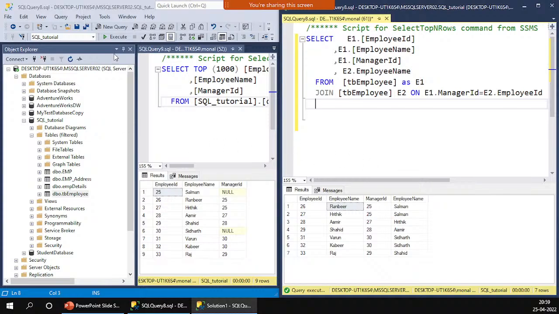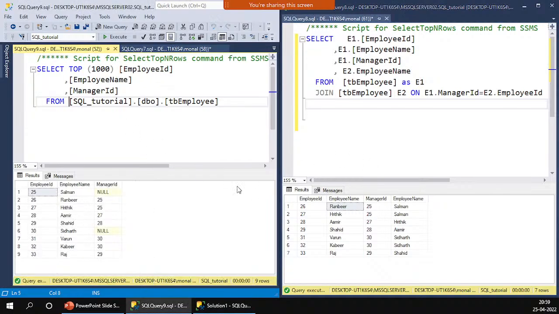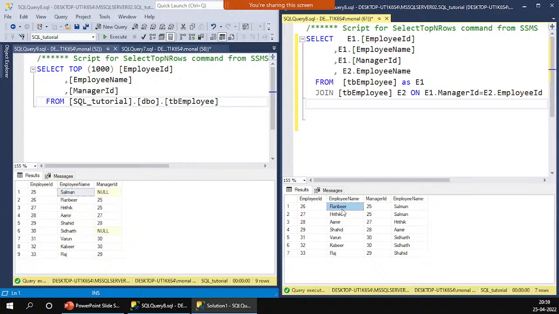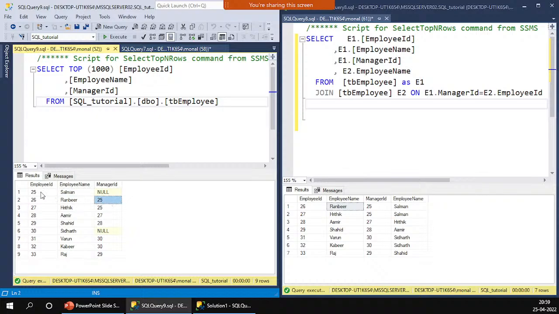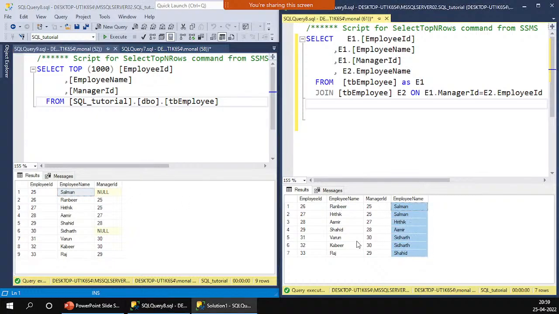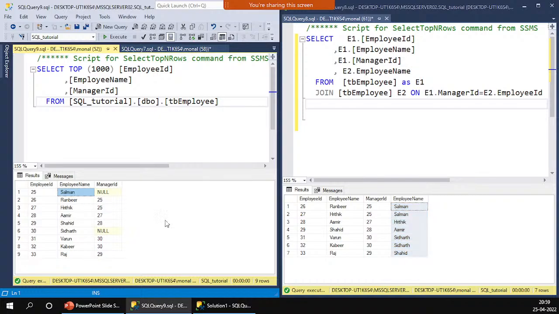You can see, Salman is also an employee, but we are not getting that, right? Ranbir, yes, we are getting it, and his manager is Salman, because his manager ID is 25 and 25 is the employee ID of Salman. We are getting that part, but where is Salman's record and Siddharth's record